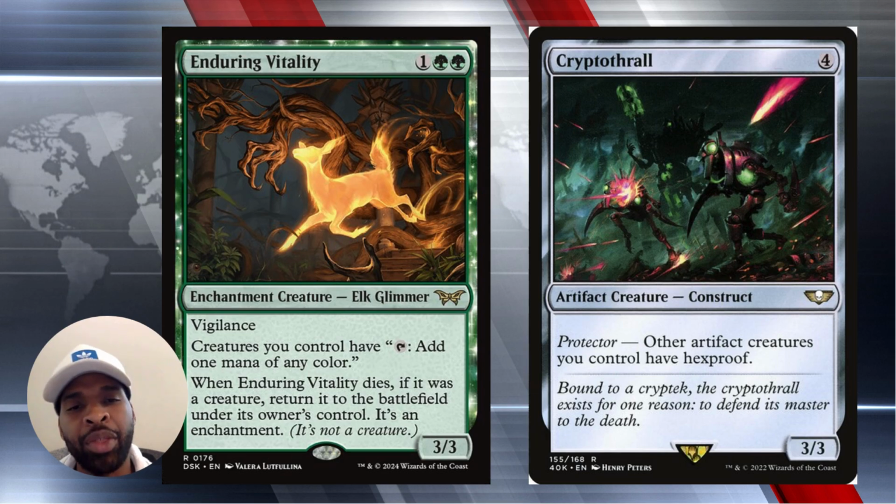All right, next up we have Crypto Thrall. For 4 mana, it's a 3/3 body artifact creature construct. It has the Protector ability. Other artifact creatures you control have hexproof. Guess what? Your commander is a legendary artifact creature. This is a no-brainer. This is literally a nice protection spell for your commander as he sits on the battlefield,